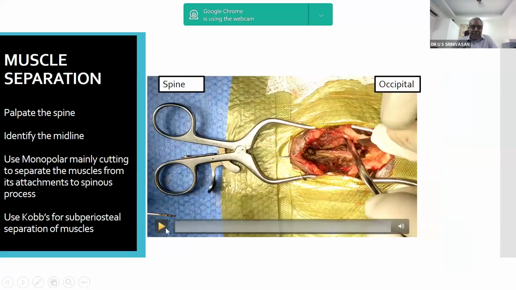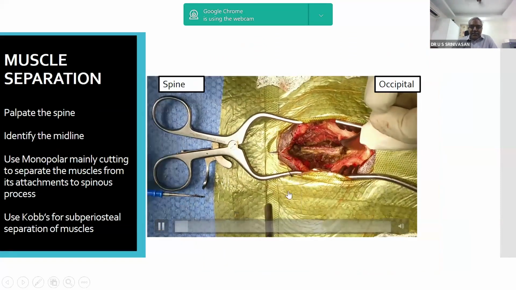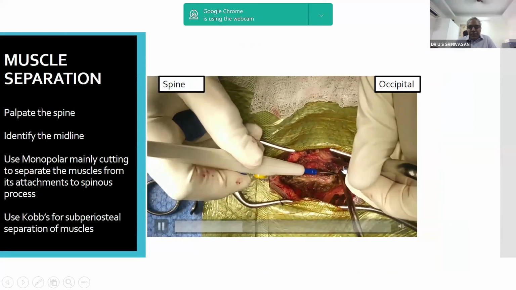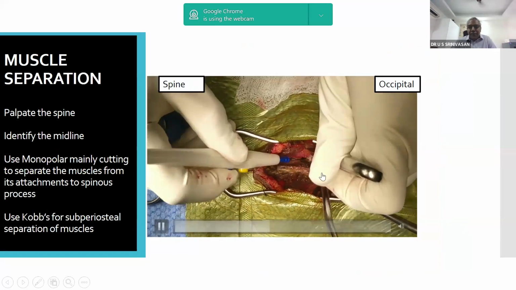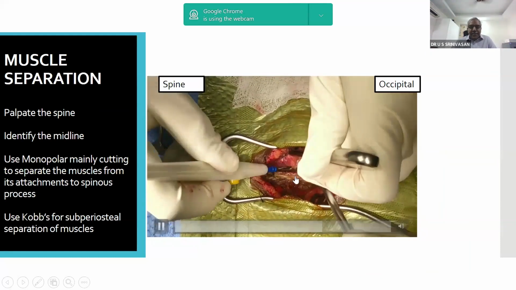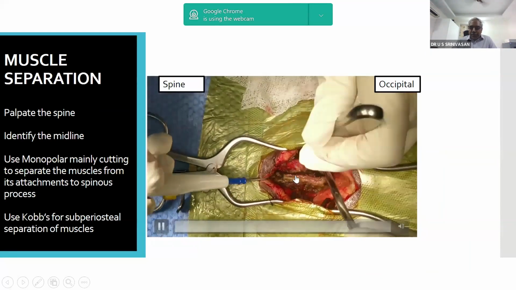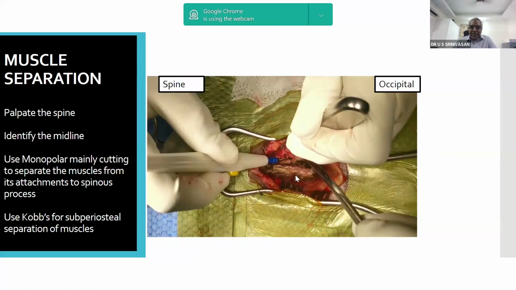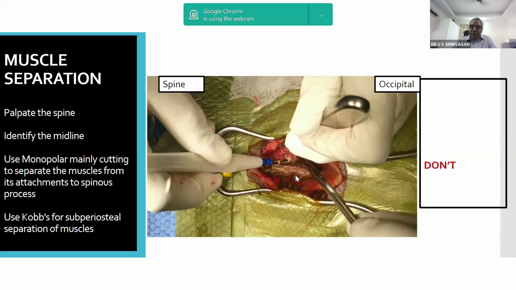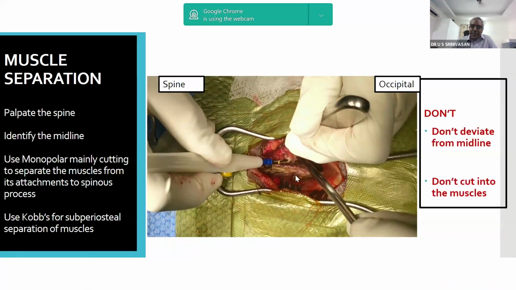Then coming to the muscle separation, similar to what we do in the lumbar spine. First and most important here, palpate the spine. The C2 spine can be palpated. Confirm it, identify the midline, and then use monopolar cutting to separate the muscles from their spinous attachments. Use a cup for superior separation of the muscle. The important thing for youngsters is, don't deviate from the midline. Don't go into the muscles. If you cut the muscles, there is going to be bleeding. So don't deviate